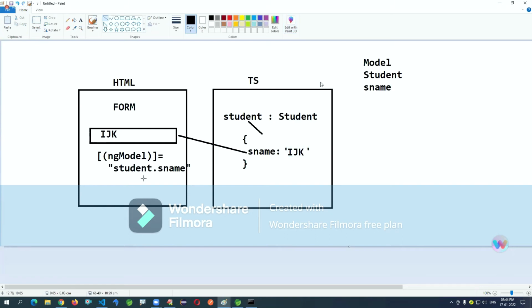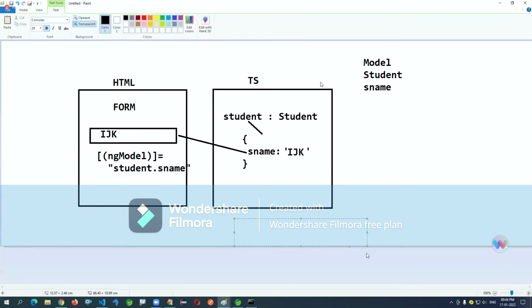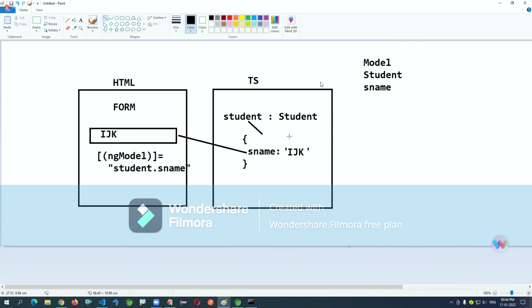ng model is used to link one object field with input. Okay, thymeleaf form, you know. Okay, Jay Krishna, thymeleaf form. We used to write th:field is equal to same here ng model. Okay, ng model with a backend form, front end input, both are connected. Okay, if we give some data here modified,